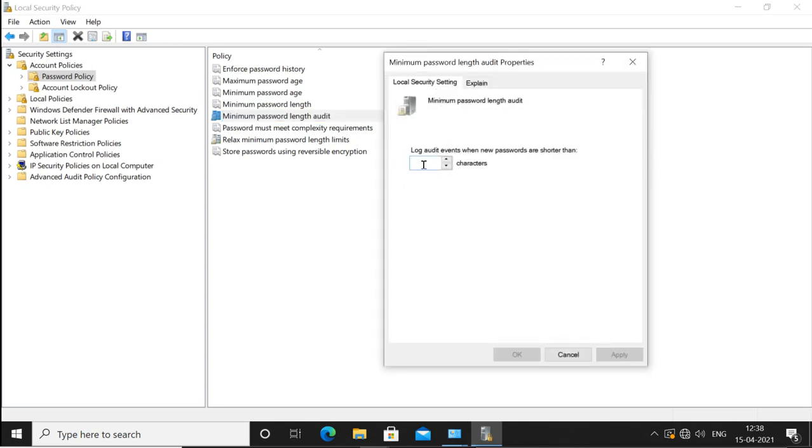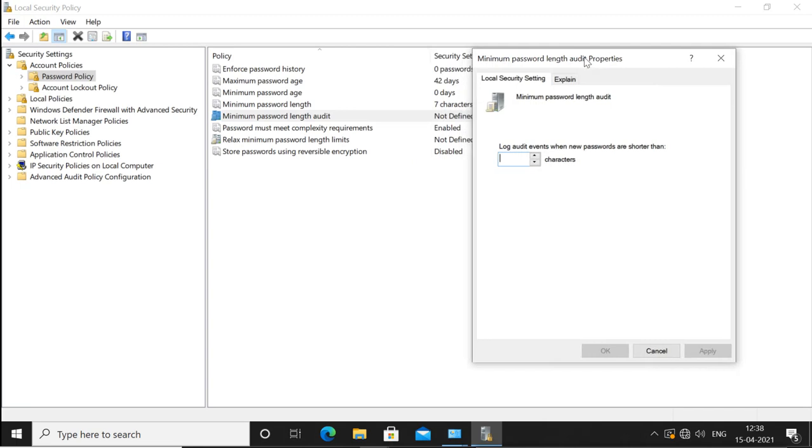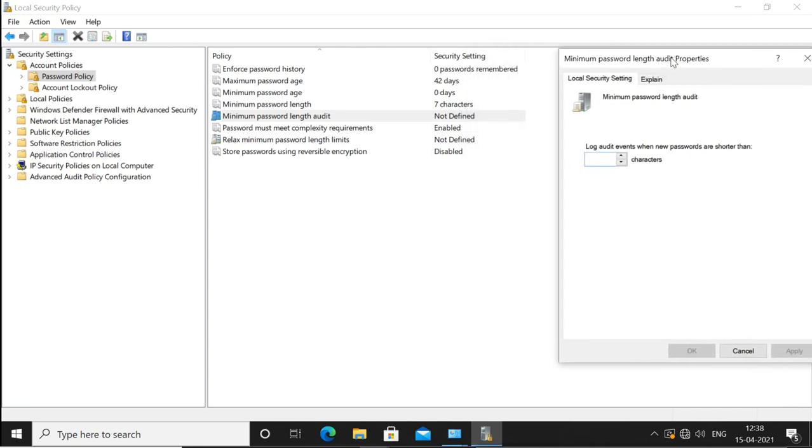It says here minimum password length audit, that means log audit events when new passwords are shorter than some number of characters. Like you have set some policy here for the characters, like I have set the policy for 7 characters, so every user has to use a password of 7 or more characters.